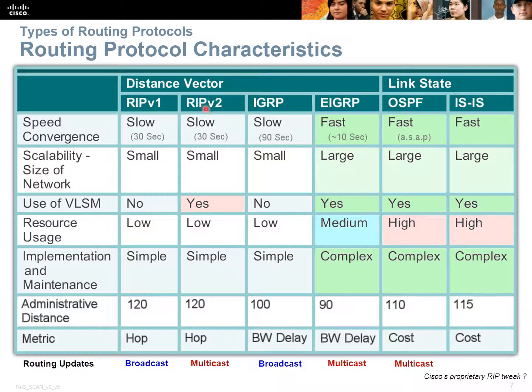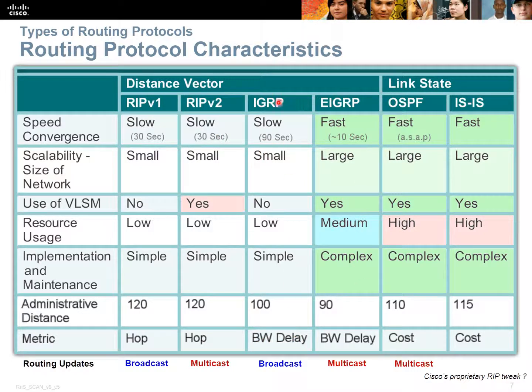So we've got RIP version 1, version 2, 30 seconds, periodic, small networks. RIP version 2 can support VLSM, RIP version 1 does not. Their administrative distance, in other words the trustworthiness of the routing protocol itself, is 120, and the metric they use is hop count. IGRP is also slow, but look at that, 90 seconds, even slower than RIP,